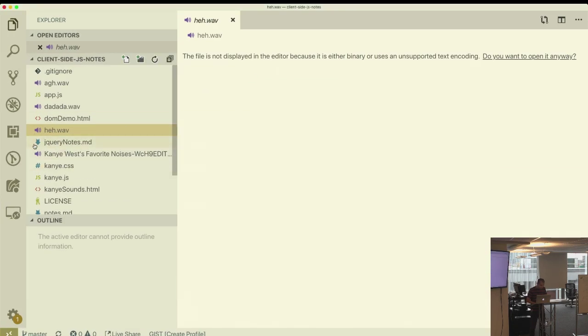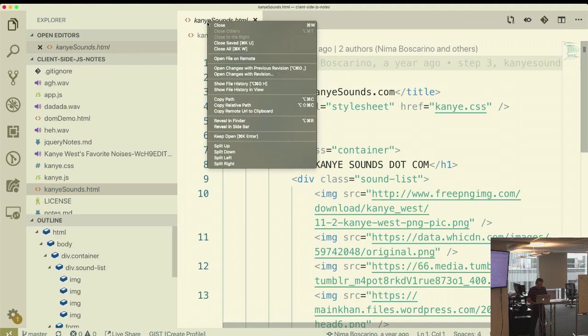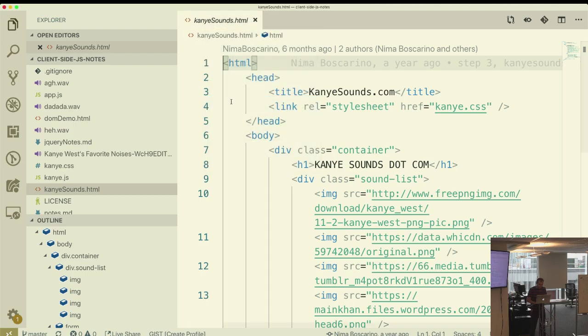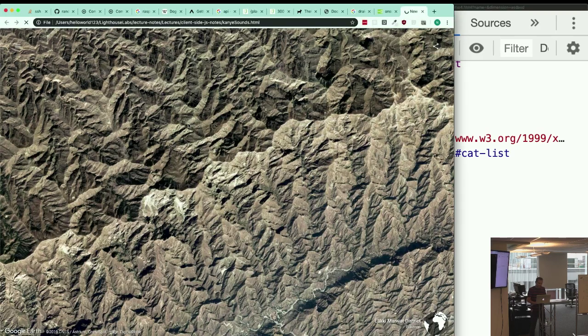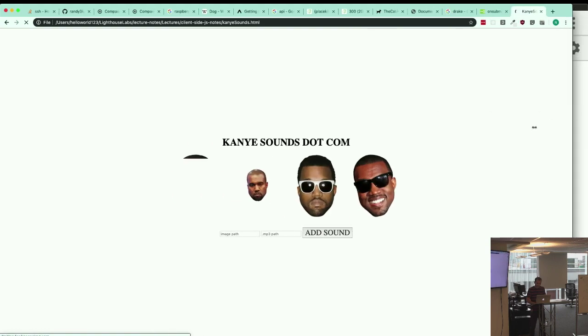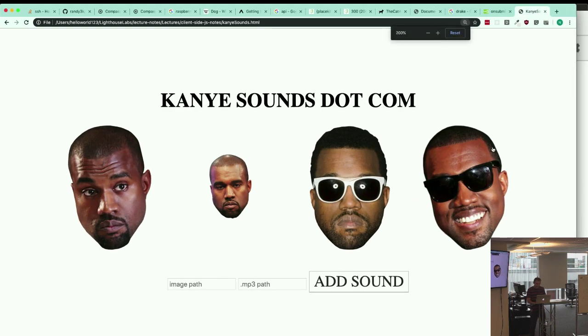So this is an old demo I used to do. I'll show you what it is before I take the code from it. Yeah, it's KanyeSounds.com, the #1 website for Kanye West sounds. I'll show you how the code works in a second, because it's actually very similar to what we're building. So here are a bunch of Kanyes, and when you click on them,